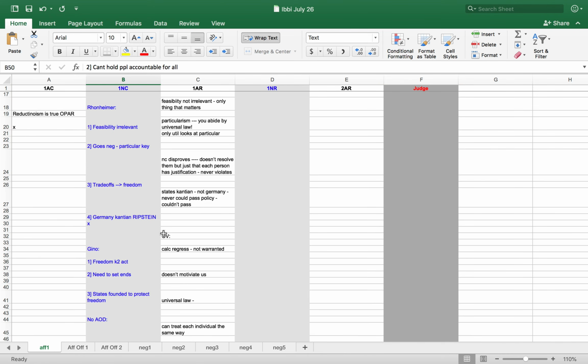I think that's kind of question begging at the point where this evidence is saying that states can pass policies in a Kantian way. I think the argument instead should be that they are not pure Kantian, and even if they follow certain overarching principles, there are no absolute side constraints. So like Germany would never say, for example, you definitely cannot kill no matter what. And to some extent has to aggregate because they do things like poll citizens, count votes in a democratic election, etc., which proves that aggregation to some extent is inevitable.